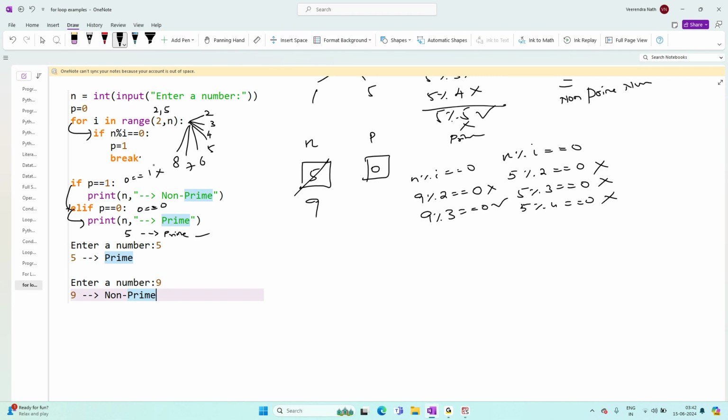Okay, so break means come out of the for. So you came out of the for, and what happens here? P is equal to 1, so p is nothing but 1. So 1 equal to 1 is true. So true means you come here, and 9 is non-prime. So in that way you are looking at